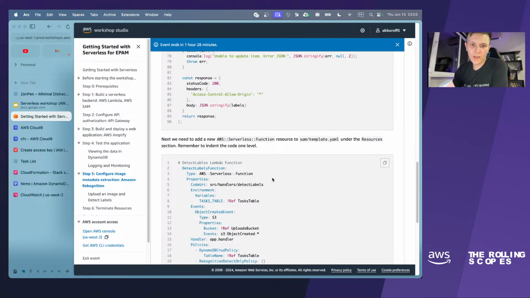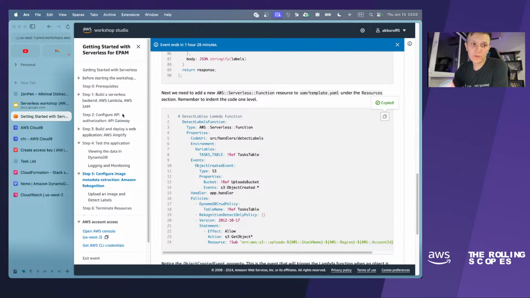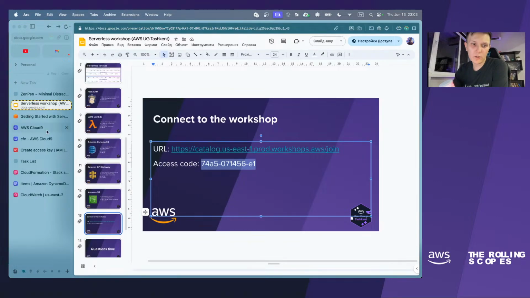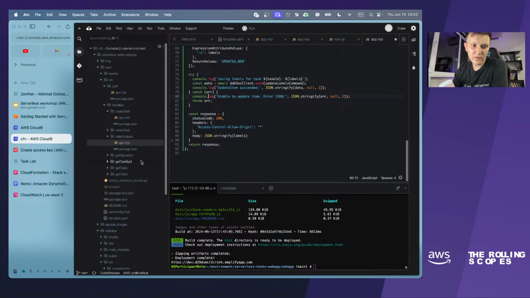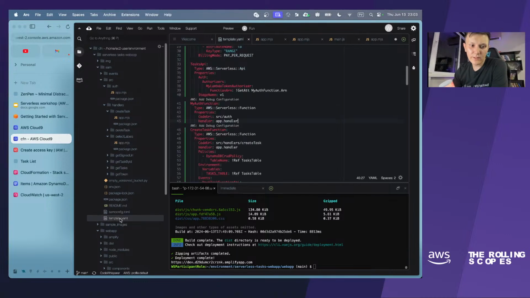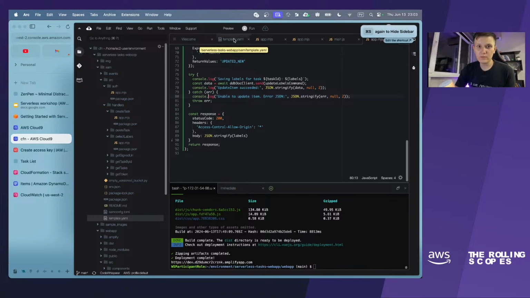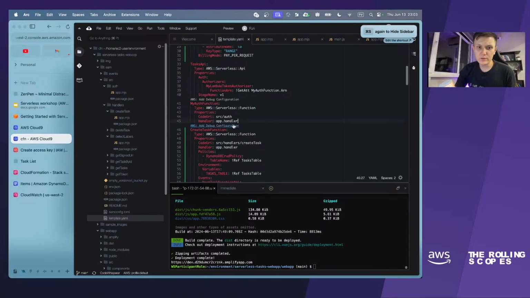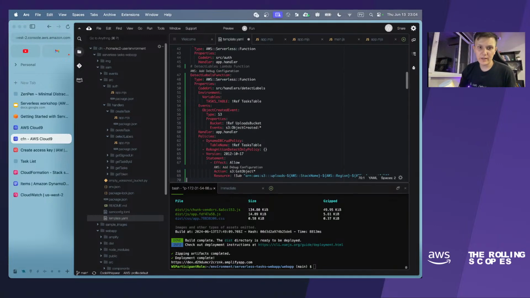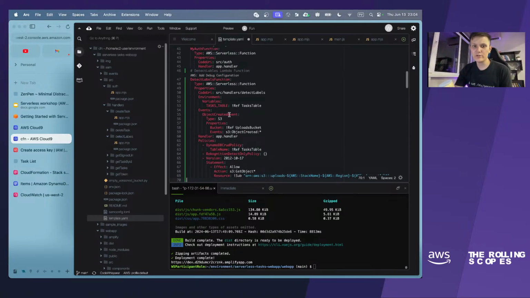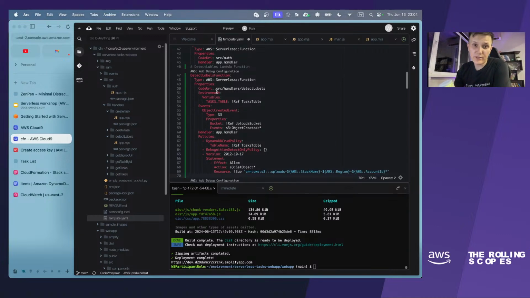Yes, we have to add this function to the template because right now we don't have this function in the template.yaml. Let's open the template.yaml file and go to the functions part right there and put the tag labels function declaration here.